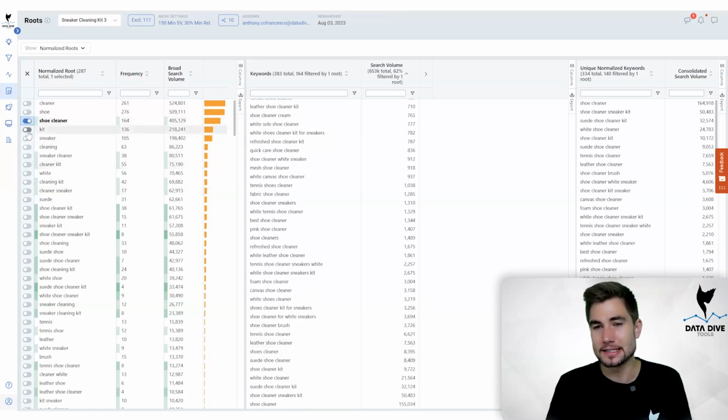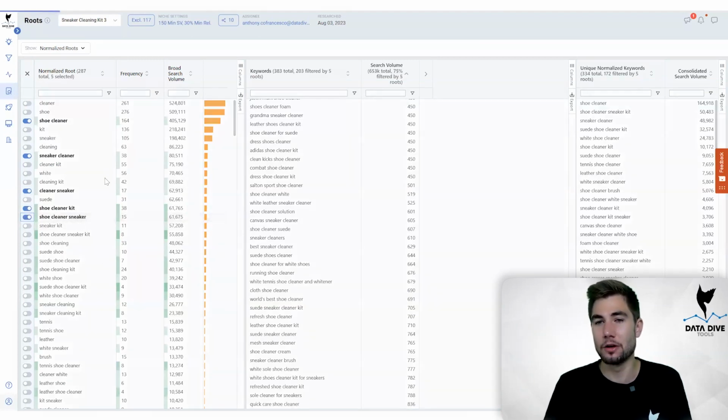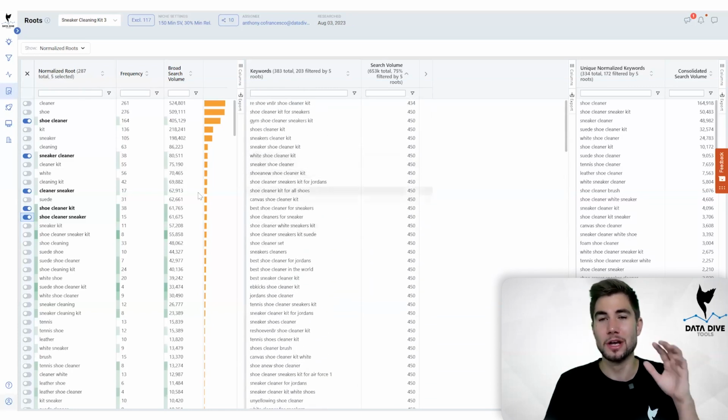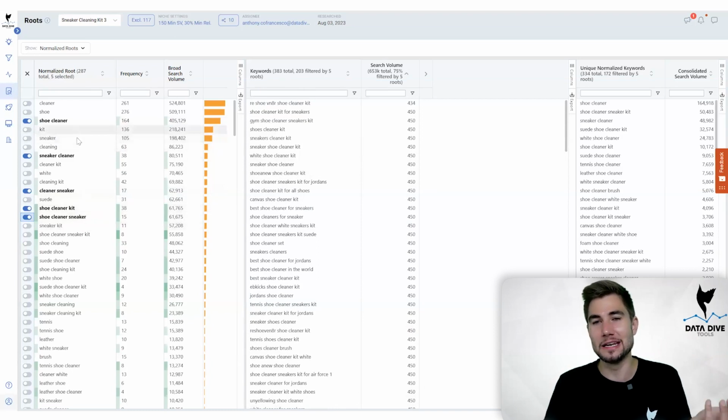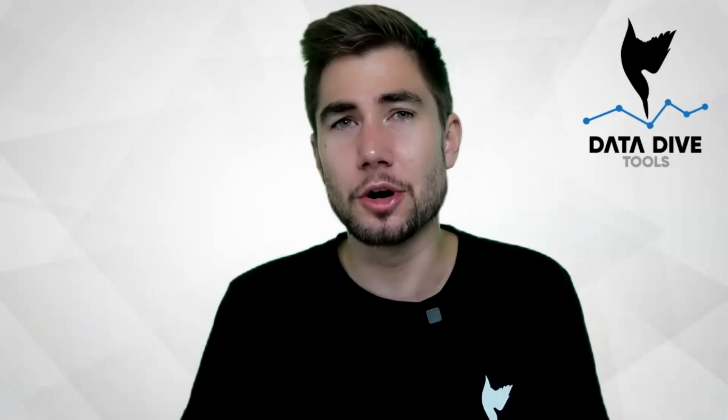What it's basically doing is Data Dive is looking and saying, okay, these are my keyword roots, right? I've got shoe cleaner, sneaker cleaner, cleaner sneaker, I'll let it refresh here, cleaner sneaker, shoe cleaning kit, shoe cleaner sneaker, right? And I could keep going down and selecting all of these roots. But now just with those, I've got 5 roots selected, and that's giving me credit for, it looks like, 383 different keywords just with those 5 roots selected, which is really not that many words if you consider duplicates. So I think that's what I basically want to show for right now.